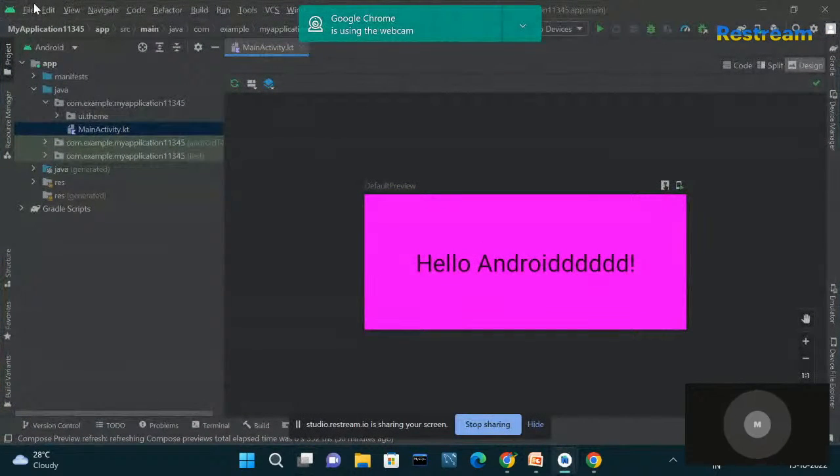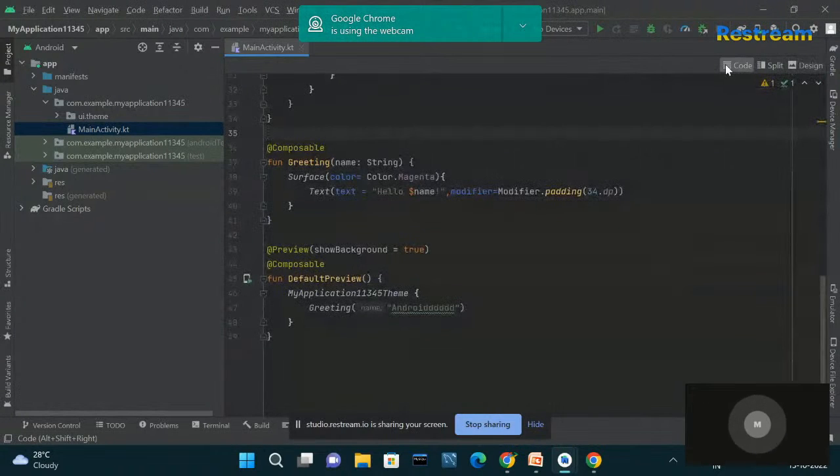Whenever you want to open an Android Studio project, there are two ways. If it's your first time, once you have set up your Android Studio, it will show a screen where you have something called Start a new Android Studio project. You can use that way, or if you have already worked with Android Studio and now want to create a project with Compose,